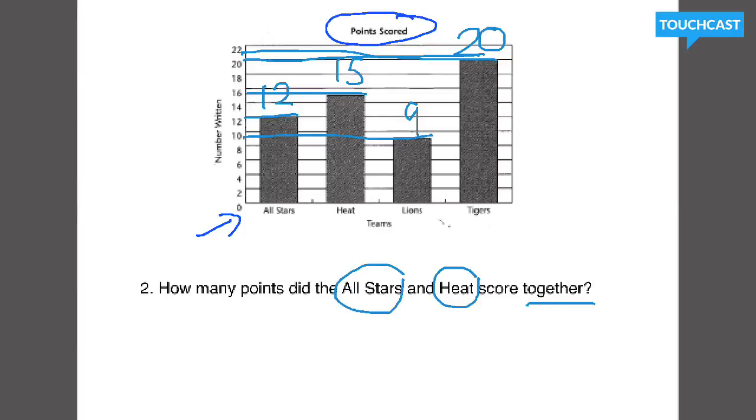Alright guys, we are back. Let's see if you were correct. So let's pull out the information. All-Stars, I need that. That's 12. And Heat, I need that. That's 15. So now the big question is what operation to do, because we need to figure out how many